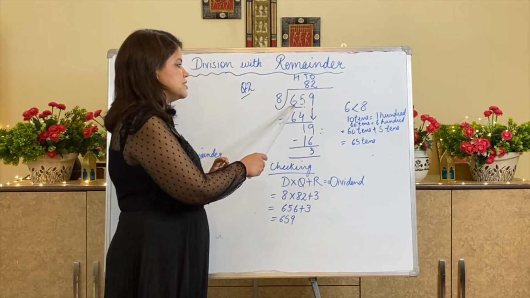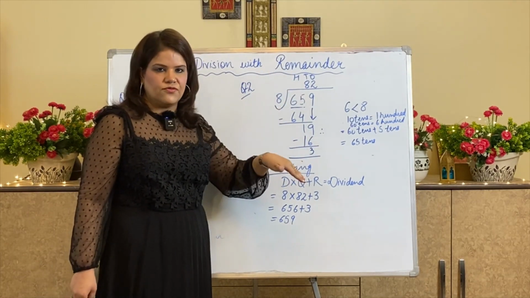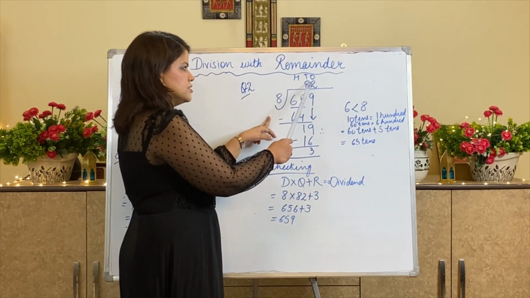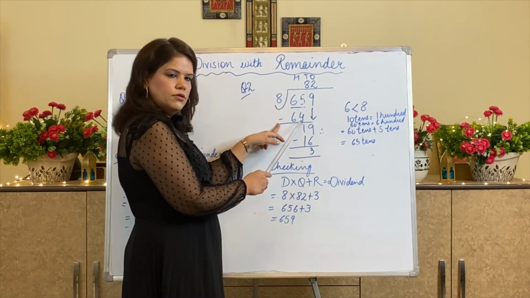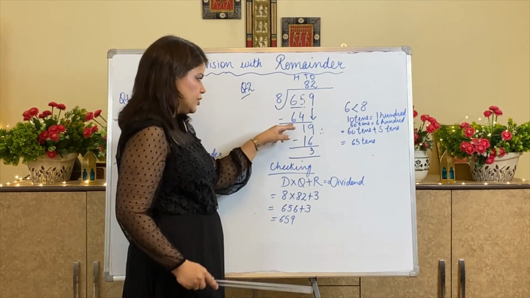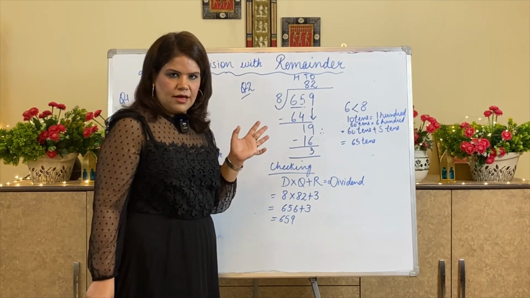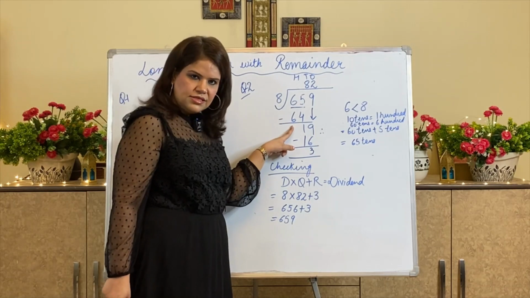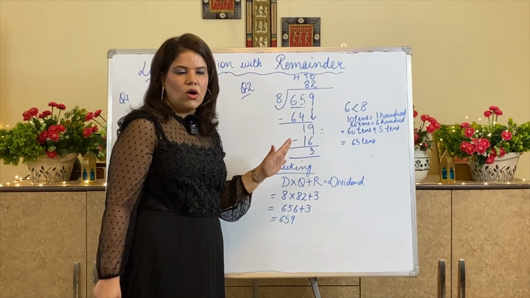So now I will see that in the table of 8, what is that number which is just below 65. And I know 8 8s are 64. So this will come below the tens digit, not the hundreds digit. So 64, when I will subtract, 6 minus 6, I will get 0. Either you can write 0 or there is no need to write, or you can put a cross. All are the same. That means it was not leaving anything here. You can leave this space as it is, or you can write 0 or you can write a cross. That this has been completely gone.